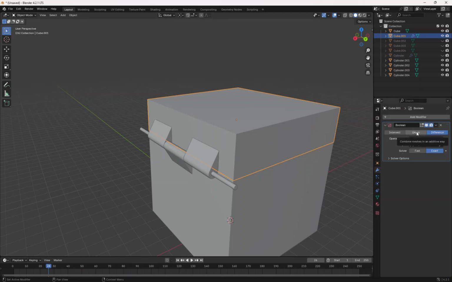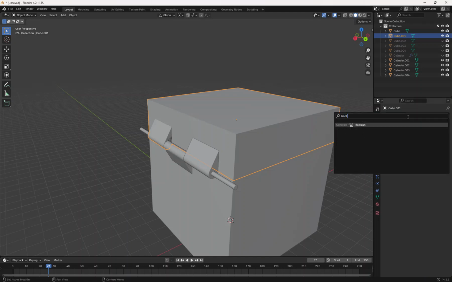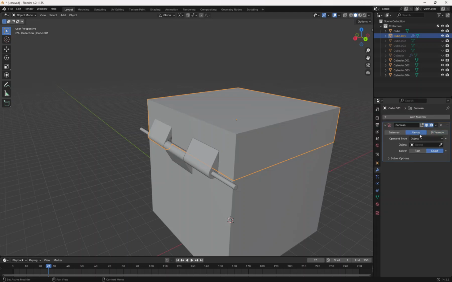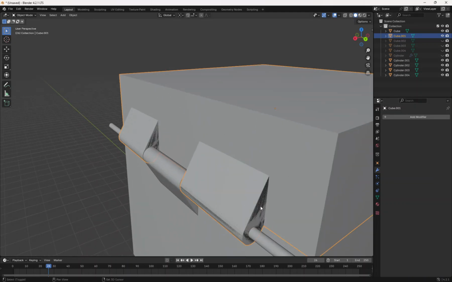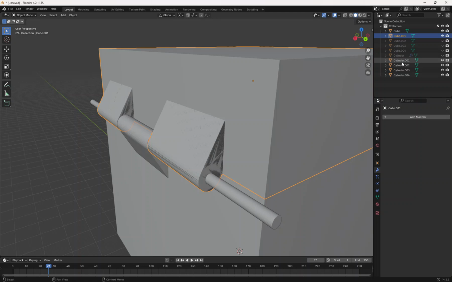And in this case, we're going to union it again with that piece and apply and add boolean union with this one and apply. Now, the reason this gets kind of weird and shaded funny is because it actually leaves the geometry there,